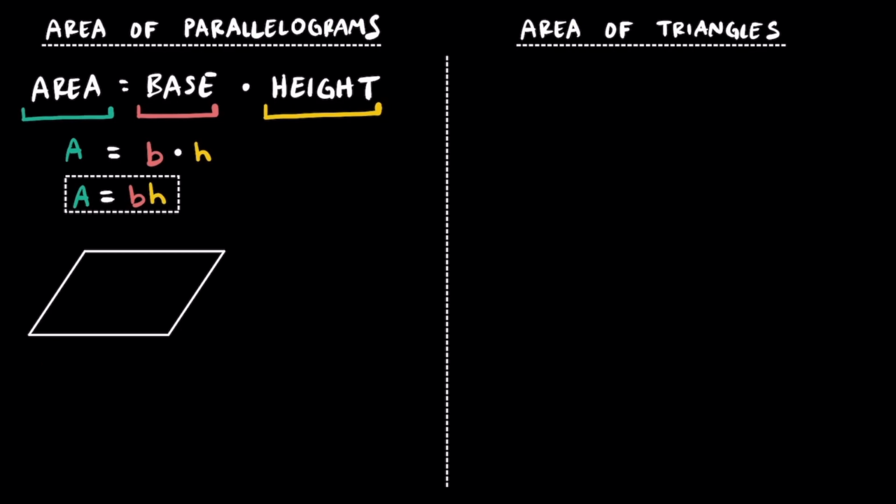What if we don't have a rectangle and we have a parallelogram that looks like this? The base is going to be across the bottom again, but our height is going to be the distance up and down. Be careful not to use the length of the diagonals or the slanted sides as the height. To make sure you have the correct height measurement, make sure it makes a 90-degree angle with the base, or